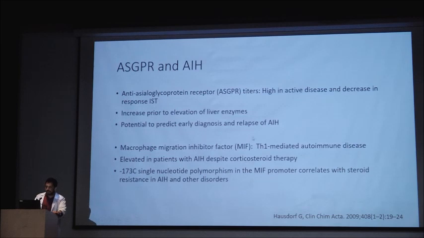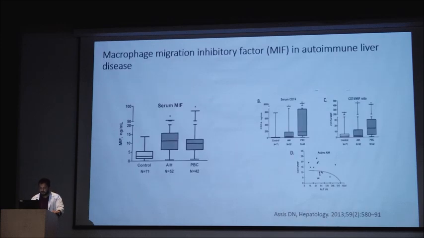potential early relapse. Similarly, macrophage migratory inhibitory factor is a target for Th1 mediated autoimmune disease, and it is elevated in patients with autoimmune hepatitis despite corticosteroid therapy, and the minus 173 single nucleotide polymorphism in the macrophage migratory inhibitory factor promoter correlates with resistance to steroid therapy in autoimmune hepatitis and other disorders. This basically